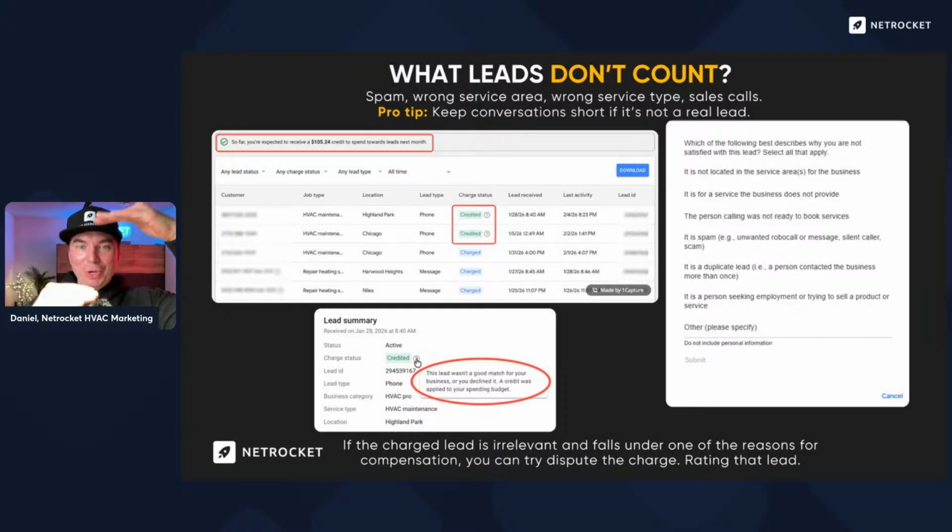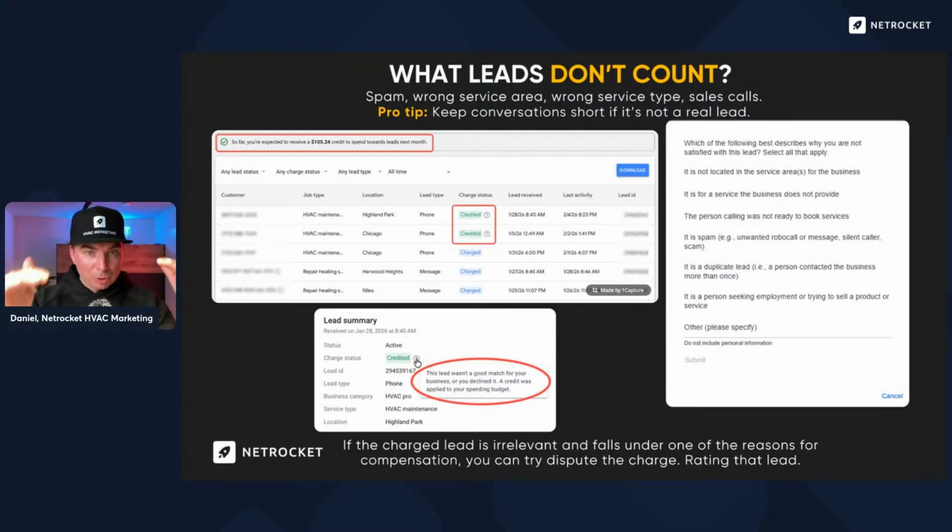If you have this picture when you enter your account and you see a lot of leads, like several pages of leads, and you didn't rate them, just go and do this. This would be the first thing which I would do if I was in your shoes, because this is very important. And what leads don't count? The leads which are not matching your service area, or advertisers calling you through the local service ads, or any other options which are not related to the business, these leads don't count. And actually, this AI thing works very well. So they really make it credited either right away or after a while.